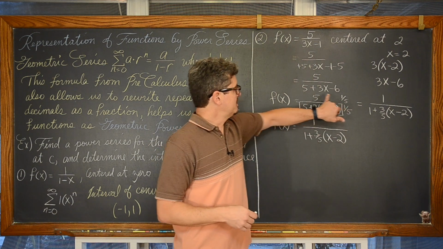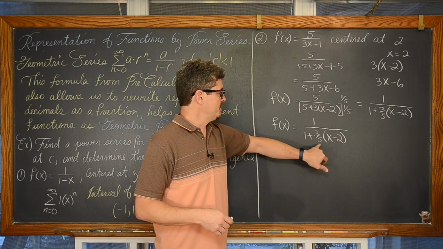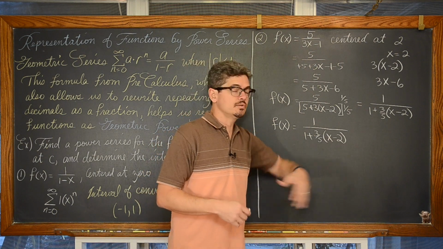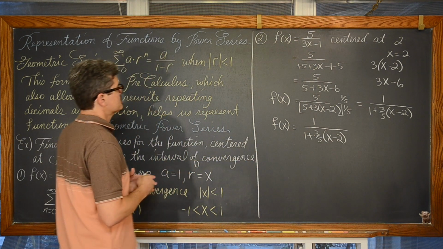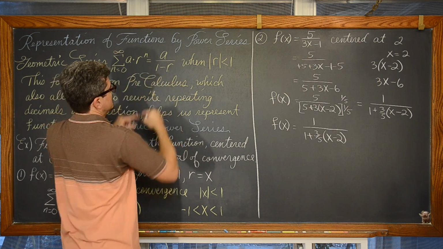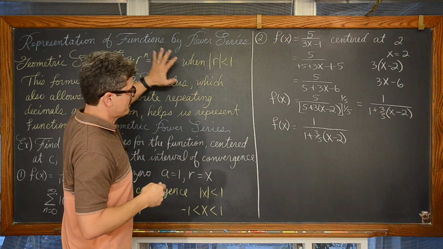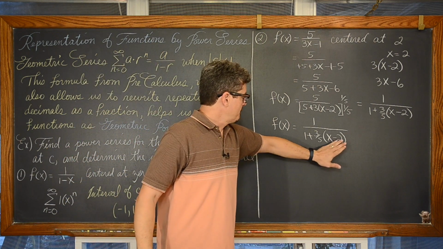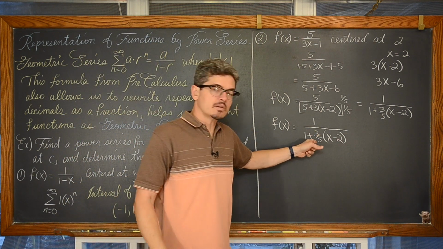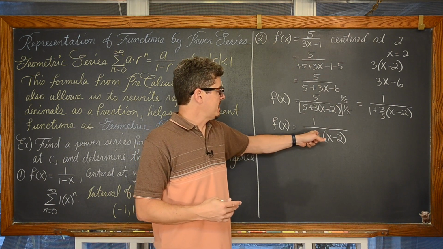So we've distributed our 1/5 through the numerator and denominator, and we have 1 plus 3/5 times x minus 2. Well, that's almost the pattern we have here, but we need to see 1 minus r, not 1 plus r. It needs to be an exact match, that pattern. So we need to rewrite this so that there's a minus there, and we can do a minus negative 3/5,